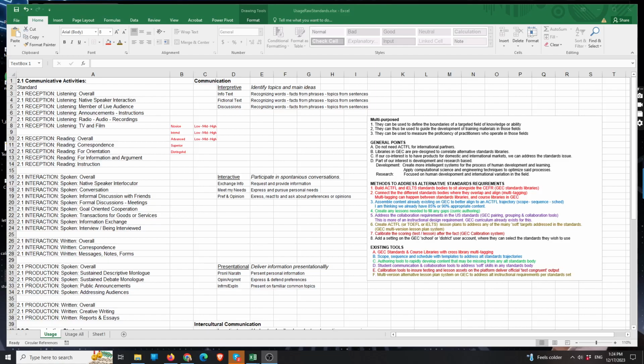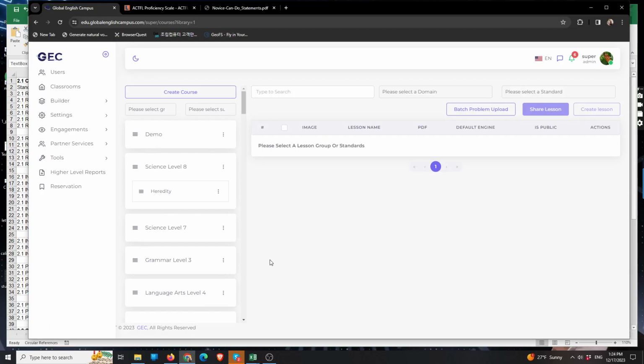Okay, so the last point that I wanted to address here is number 8. Add a setting at the school or district user account where they can select the standards that they want to use, the primary standards they want to use. The interesting thing about a system like this is you can, on the fly, from inside the teacher's account,